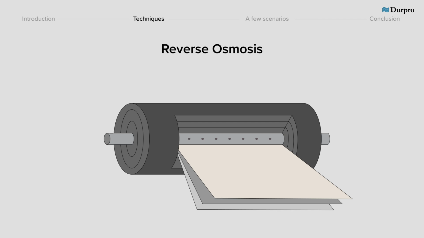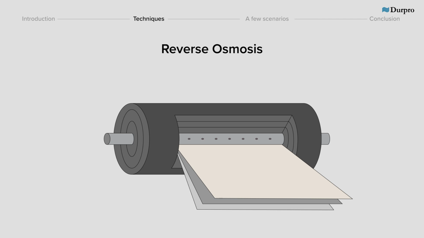The principle of osmosis is very similar to that of nanofiltration. The difference is the type of membrane used to separate the contaminants. In a simplified way, the difference between reverse osmosis and nanofiltration is the size of the pores. Indeed, the pores found on osmotic membranes have a size of 0.0001